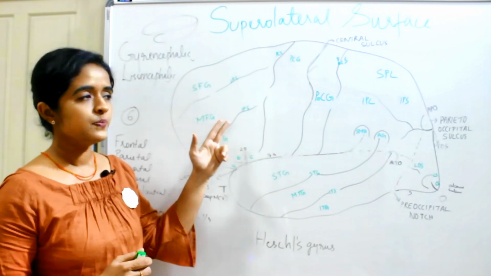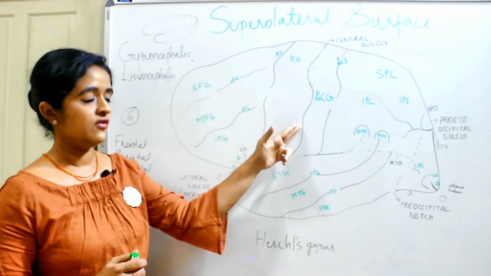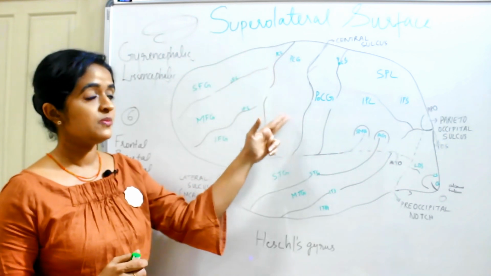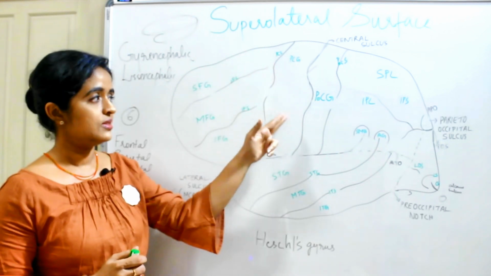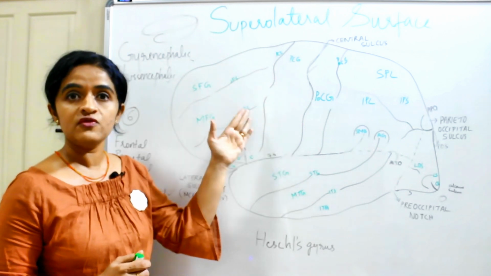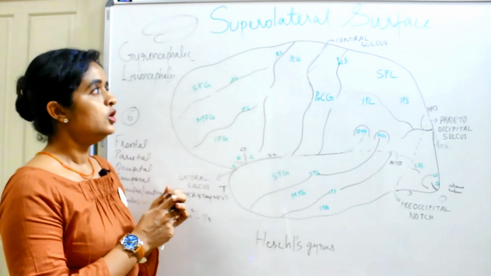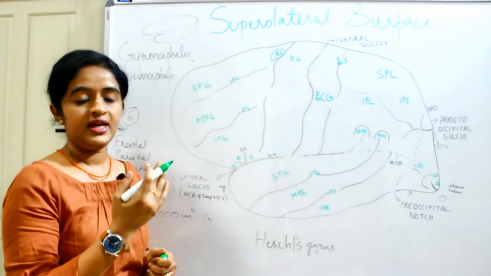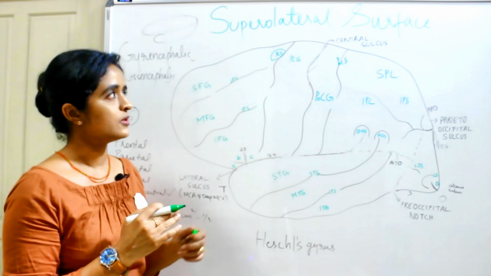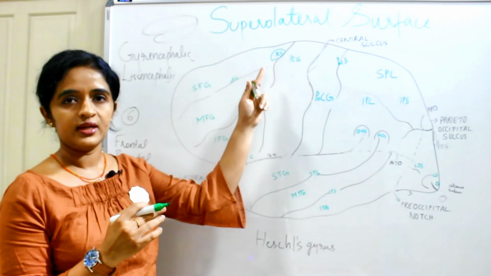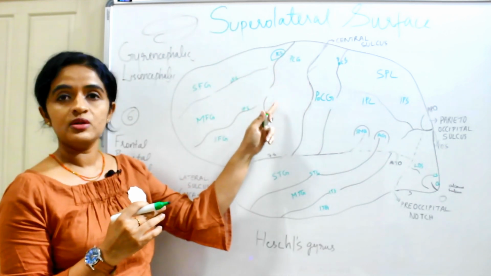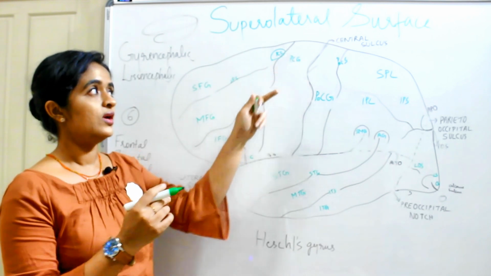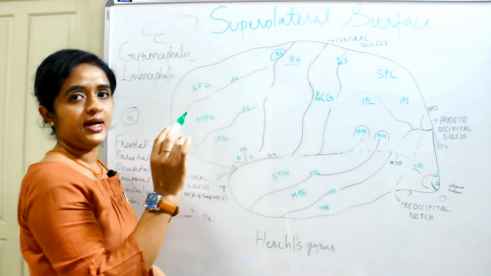In the frontal lobe, which is lying in front of the central sulcus, you have one more sulcus which is almost parallel with the central sulcus. Since the sulcus is lying in front of the central sulcus, you call this the precentral sulcus. So what do you call the region between the central sulcus and precentral sulcus? That is known as precentral gyrus.